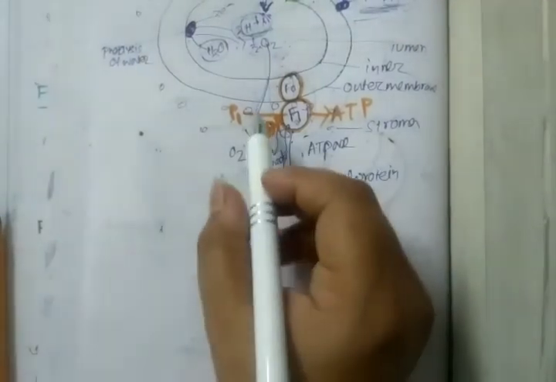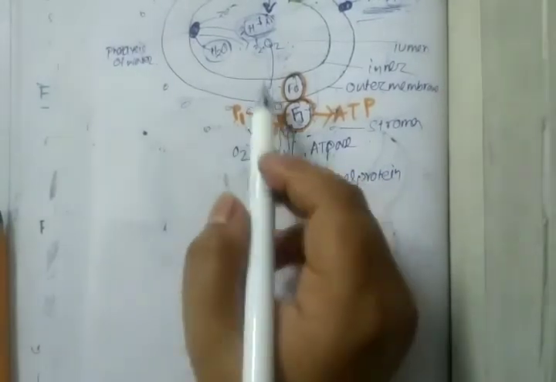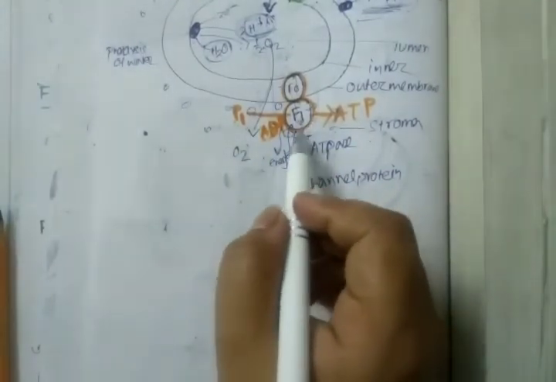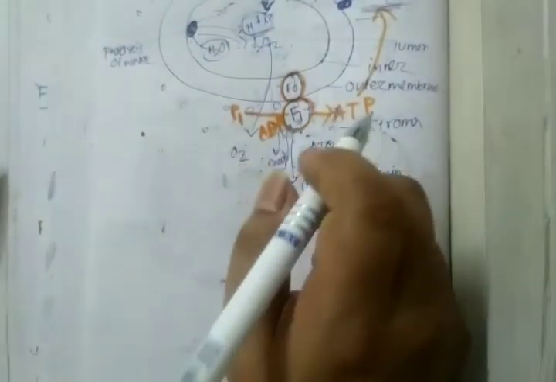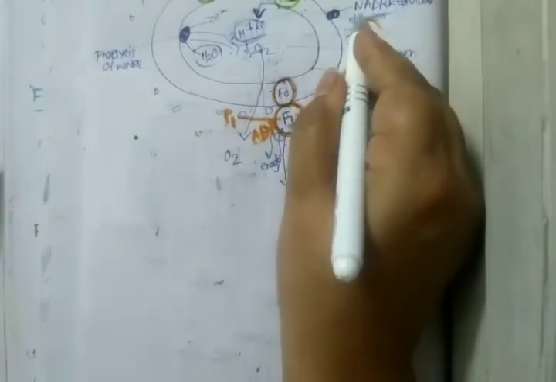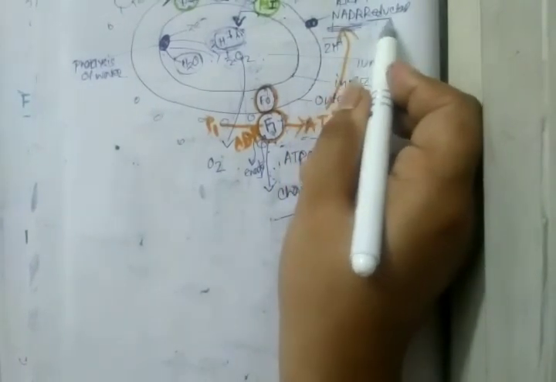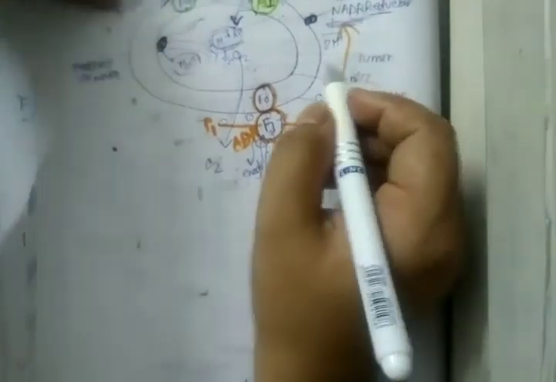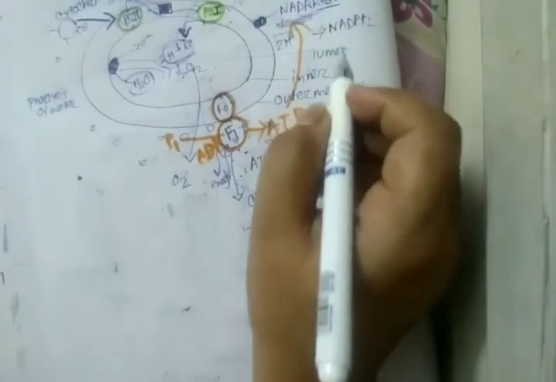But for that, protons are required. From where are the protons made available? So the proton which is coming here will join here, and this proton and NADP plus, with the help of NADP reductase enzyme, gives us NADPH2, and this is the entire process